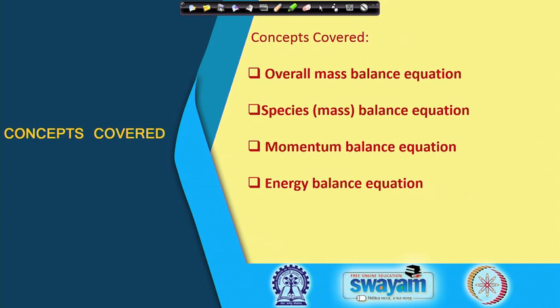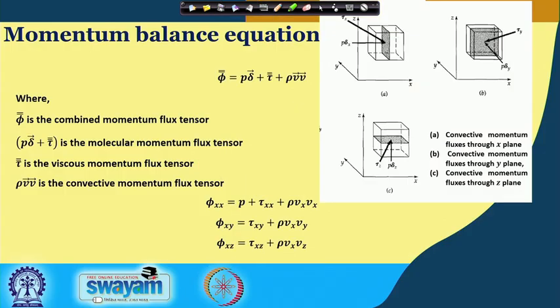So, today we shall be covering something on the momentum balance and something on the energy balance. So, to continue with the momentum balance, I talked to you about phi in the last lecture. So, in this lecture, I give you the expression for phi and tell the physical significance. So, phi is basically the total momentum flux, which is the contribution of three components.